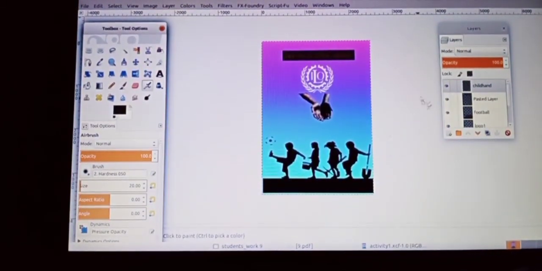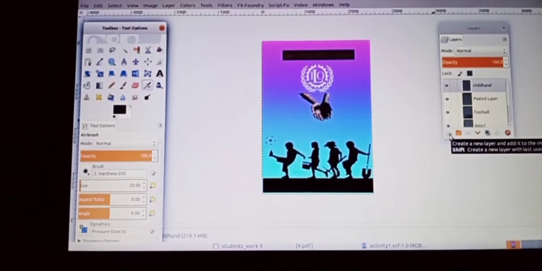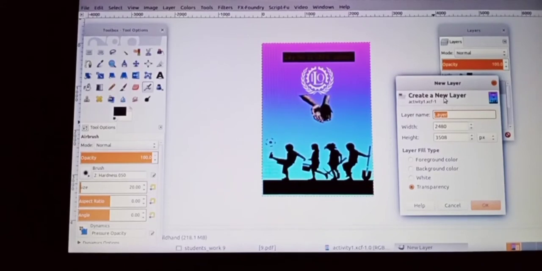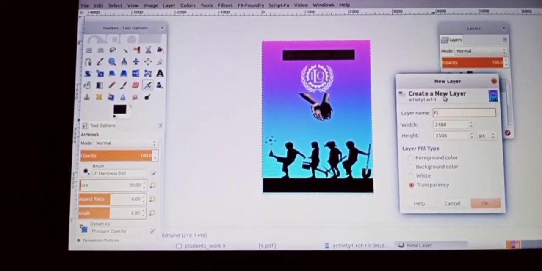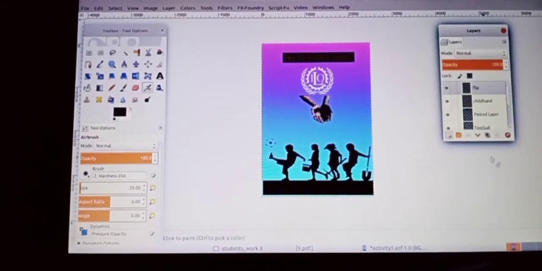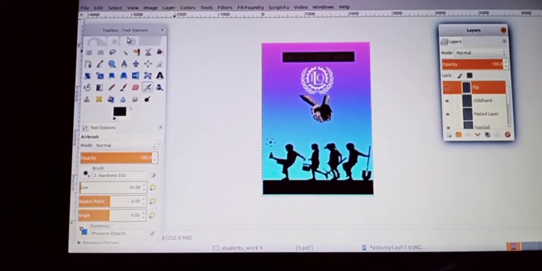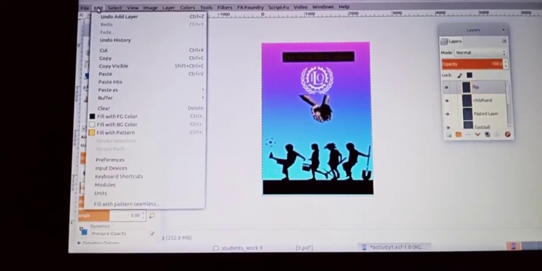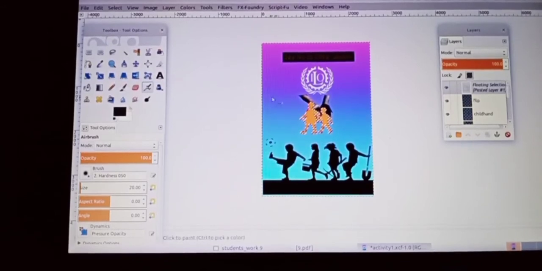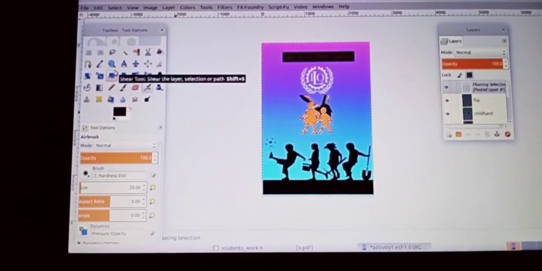Now we can create a new layer in the layer palette. Give the name as flip. Click on the OK button. Now the layer is created. After selecting that, we can paste by clicking on the Edit option, then select Paste. Now the image is pasted.